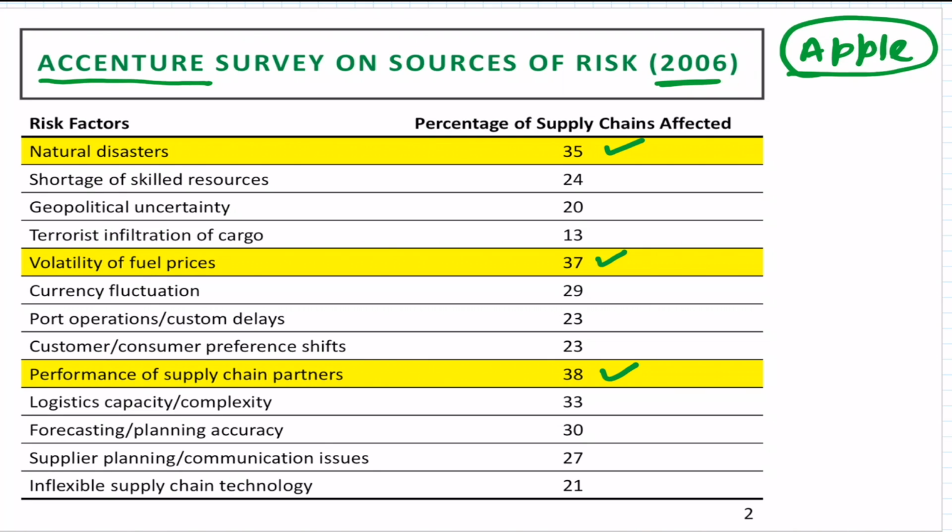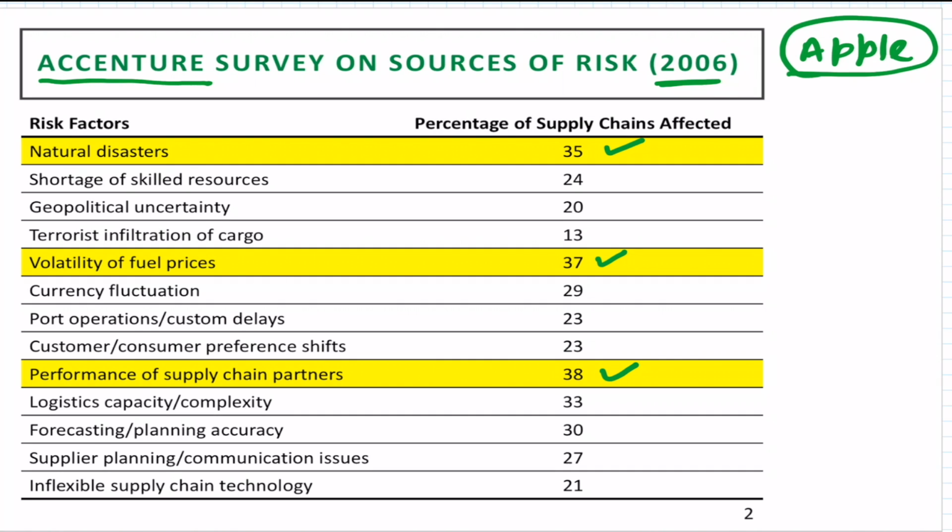In the last few years, natural disasters have been in the news, whether they are the floods in Thailand, the earthquake in Japan, or the tsunami that started somewhere in Indonesia. These events for a global company always cause a lot of problems and disruptions, because a company which is getting parts for the assembly of a product from places like Japan or Indonesia or Thailand obviously will be affected